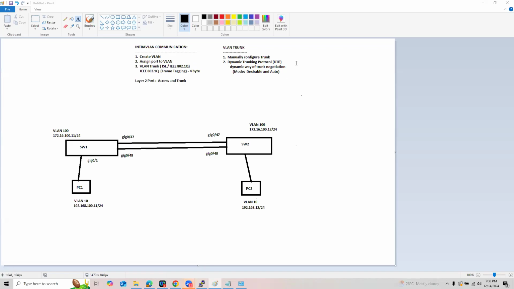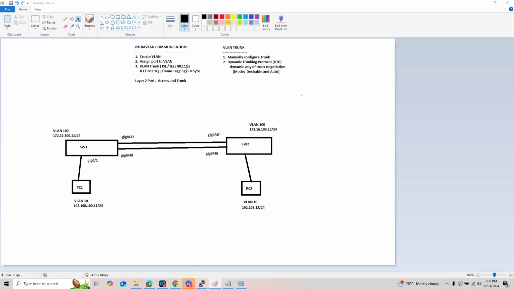Trunk here. Okay. So, balik na lang natin. Anyway, again, there are two ways to implement VLAN trunk. That is by implementing using ISL or the standard IEEE 802.1q. The ISL is Cisco proprietary, and of course the standard is the 802.1q.